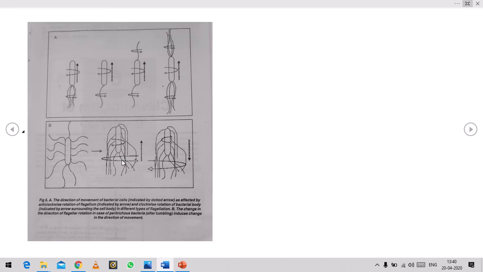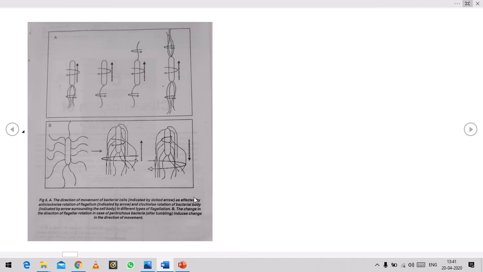The motor has two parts, rotor and stator. I already explained in the last diagram that these two behave like a rotor and a stator based on their role. It is now well established that flagellar motor function is provided by the S and M rings. These are the two essential rings for flagellar movement. The S ring serves as a stator and the M ring serves as a rotor. S is the supermembrane ring and M is the membrane ring.